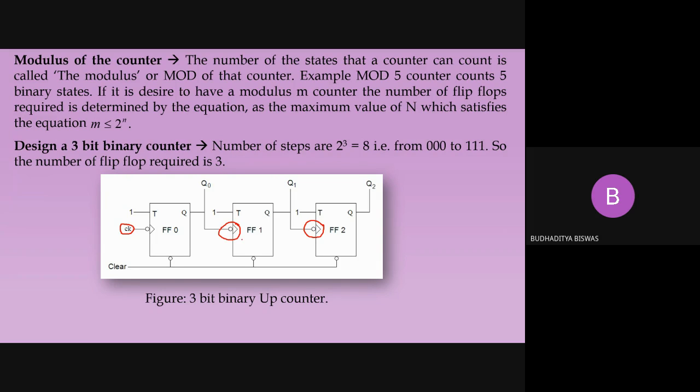This one is the up counter or down counter? Very good. This is the up counter. How to make it down? We add that with the Q bar. So the clock pulse which is taken from the Q, if we take the clock pulse from the previous flip-flop output bar, that means Q bar, then it will become a down counter.